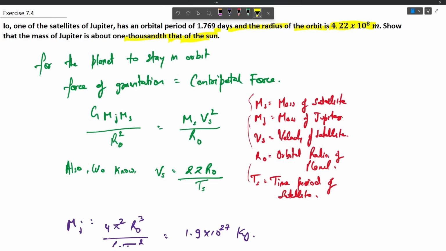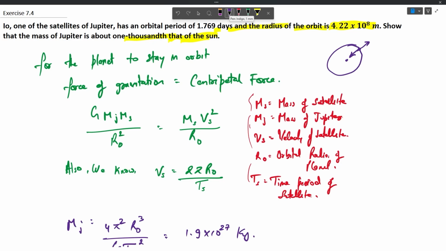minus 3. So let us first see the force of gravitation. This is Jupiter in the center and this is the satellite of Jupiter. So when a satellite is moving around, it must be facing this force called gravitation towards Jupiter, and the centripetal force is towards the outer side. Now these two forces must cancel out each other so that the satellite will remain in the orbit. So the gravitational force must be equal to the centripetal force. So from equating these two